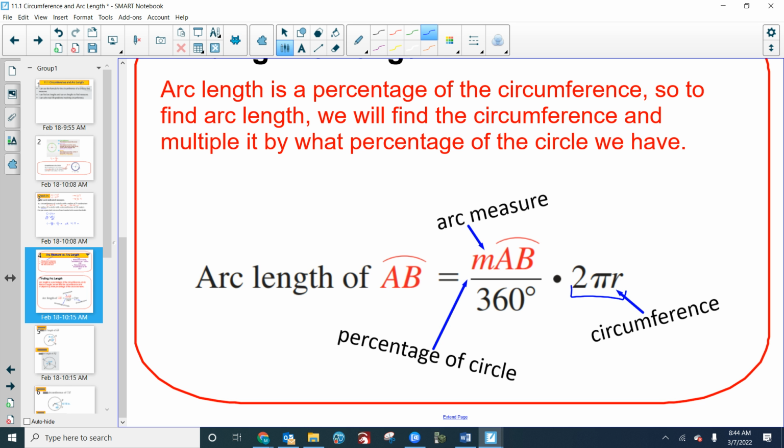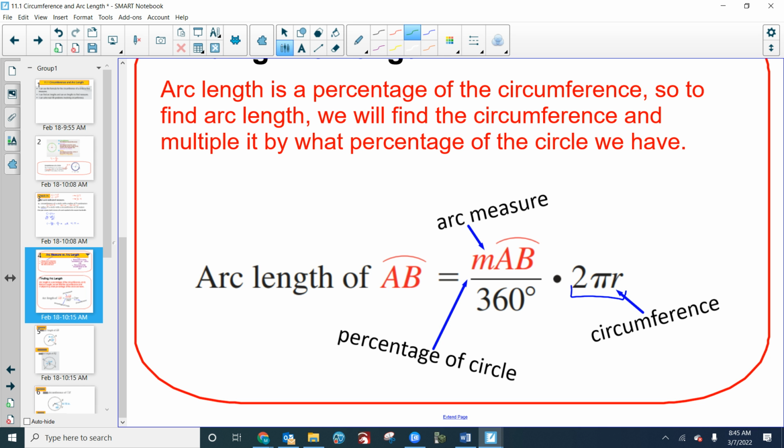Wouldn't I take half of 2 pi r? What if I want to find a fourth of the circumference? Wouldn't I do a fourth of 2 pi r? An eighth of the circumference? So guess what? If they tell us that we want to find an arc, or we want to find the